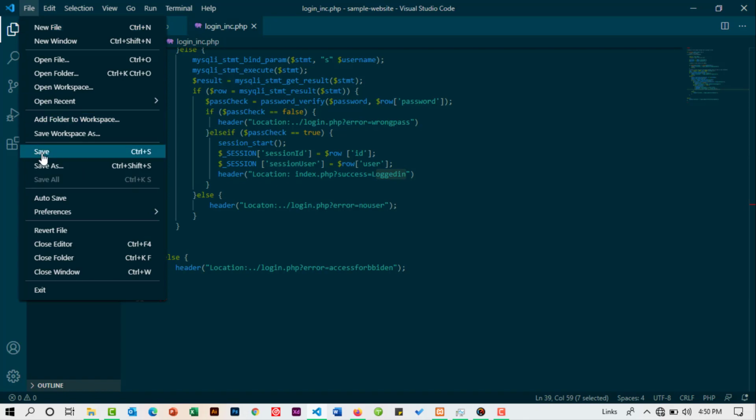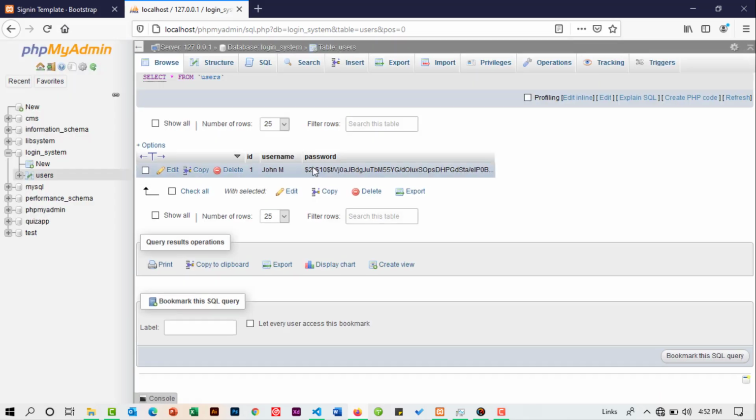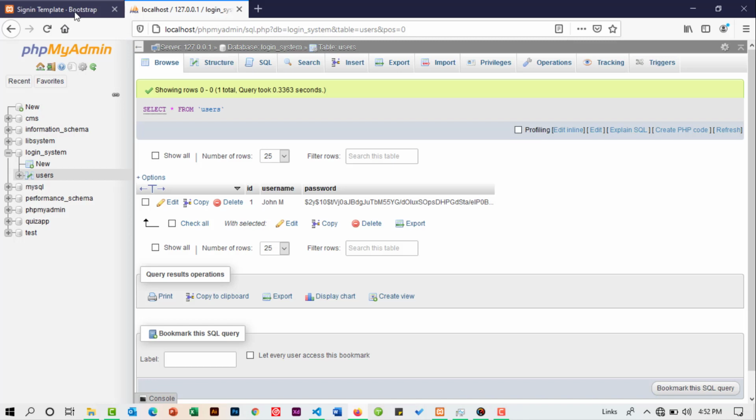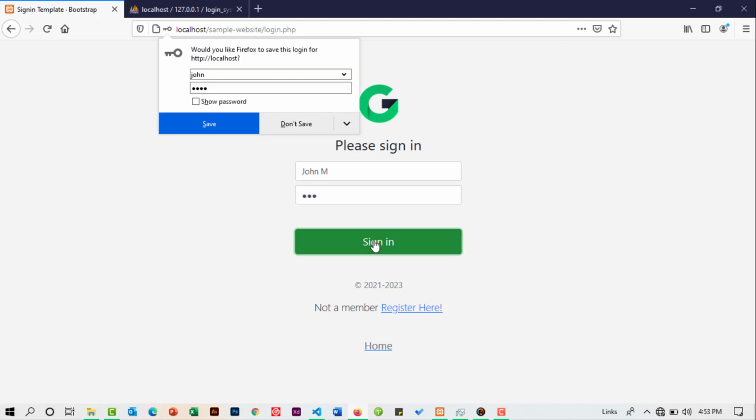Alright, so let us save that and now try to log in here and see if our login script has any errors. So I want to first maybe verify the username and the password that we have in the database. So I'm heading on to phpMyAdmin, that is my database. Yes, and the username is John M, and the password is already hashed. So I'll get back here, and then I'll say John M, and the password is 123. Then I just sign in,